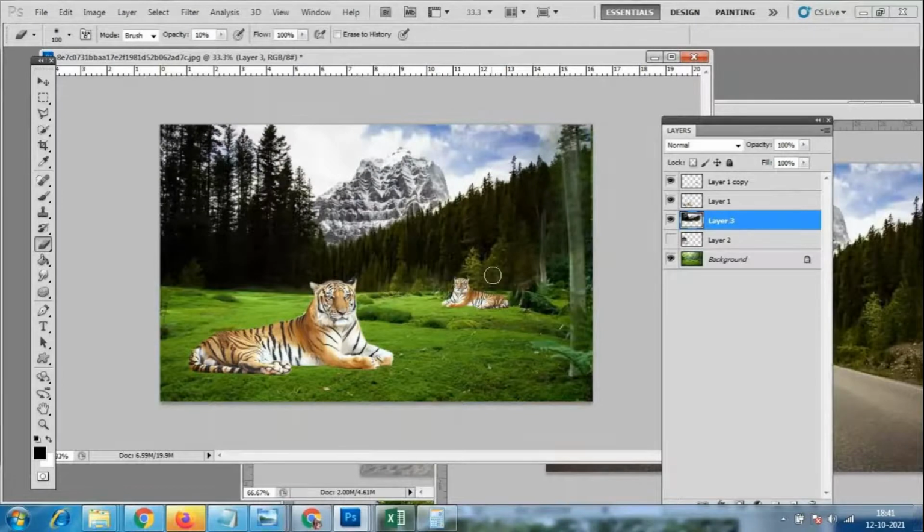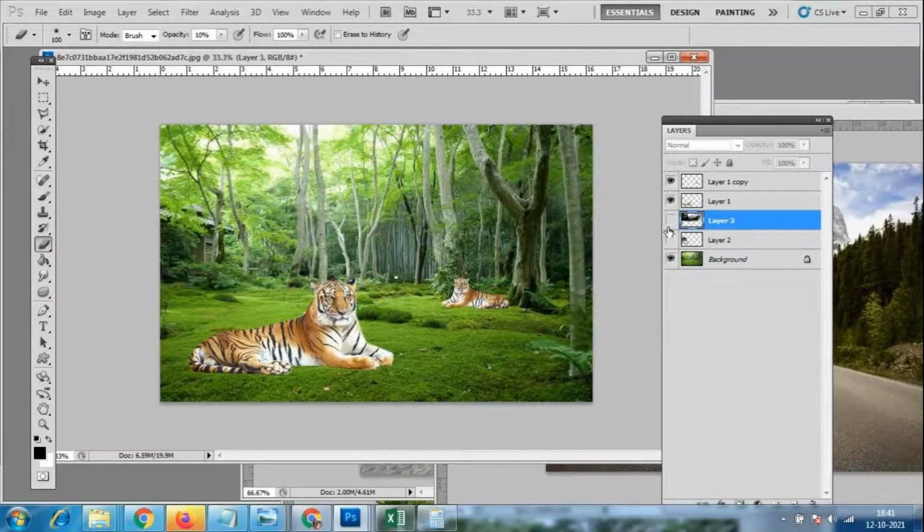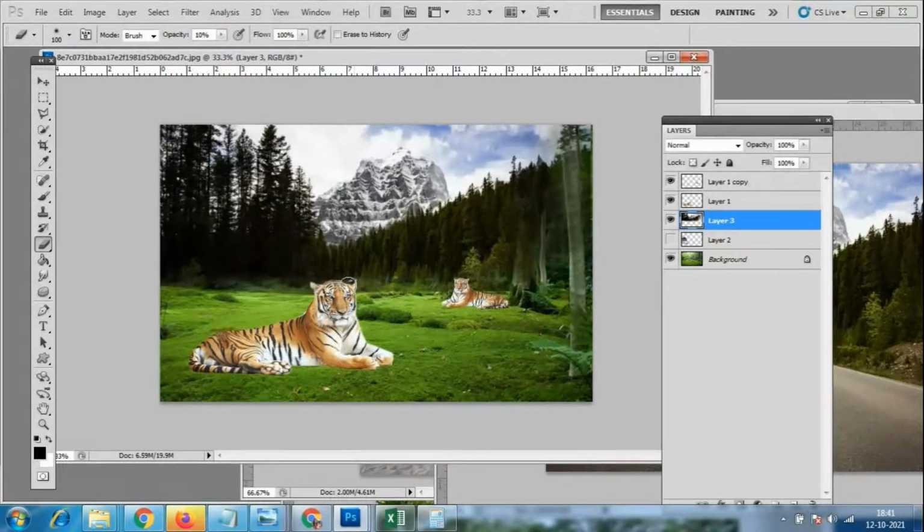We have to select that particular layer, and only slightly we have to match with this. We have the mountain also, and totally the background is changed. Before it is like this, now we have changed the background like this. Like this we have the sky, and we have this also.